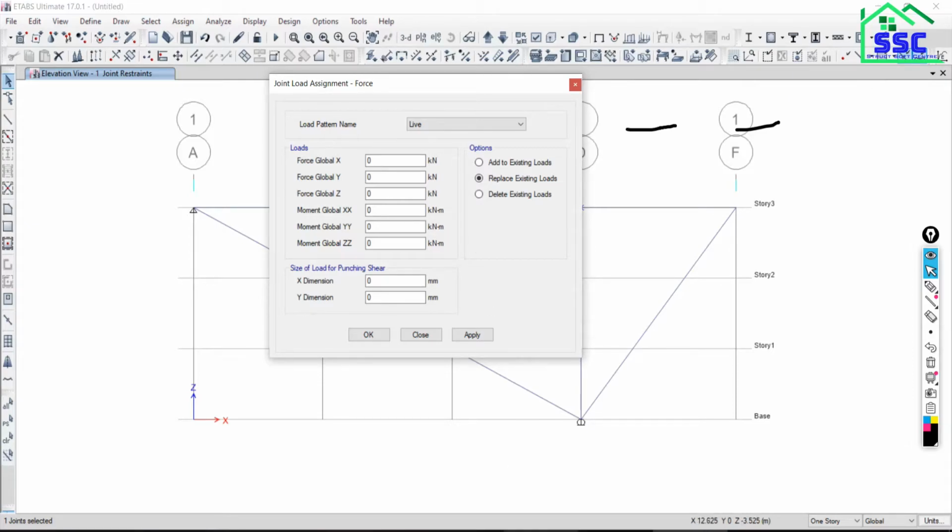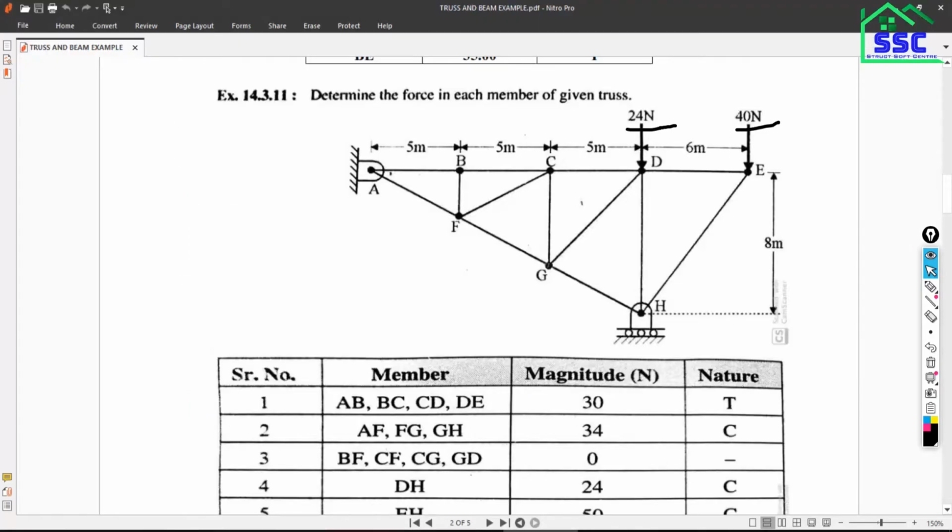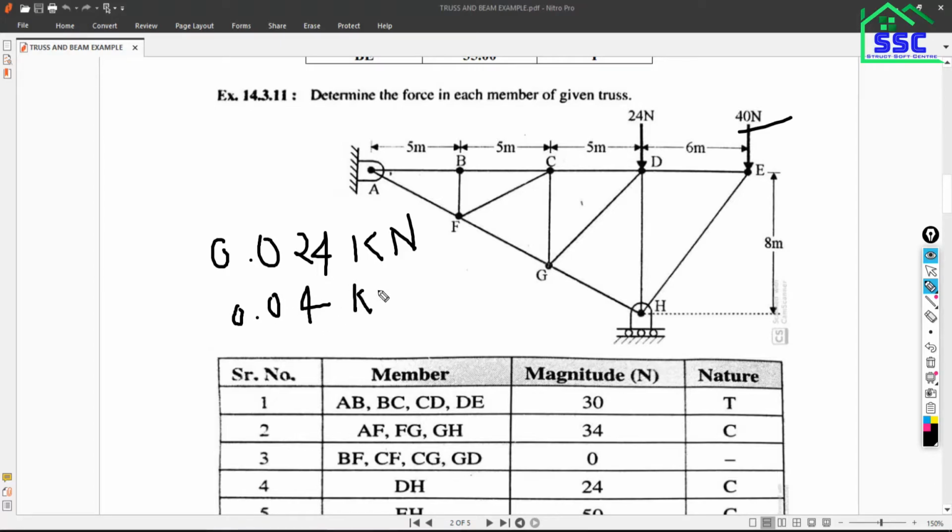So how much will it become in kilonewton? 24 in kilonewton, how much will it become? It will be 0.024. Am I right? And this 40 will become 0.04 kilonewton. So this much force we have to assign there.